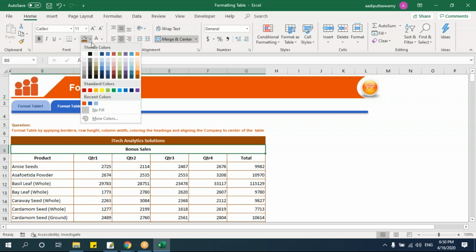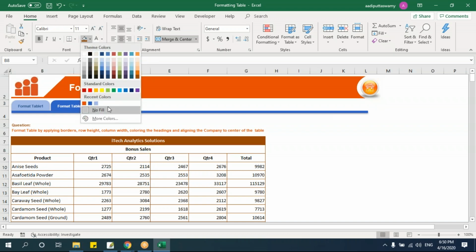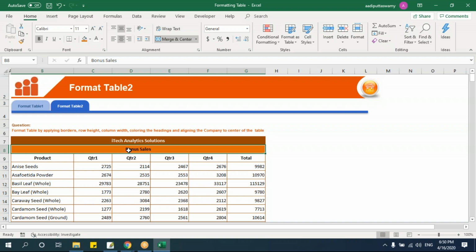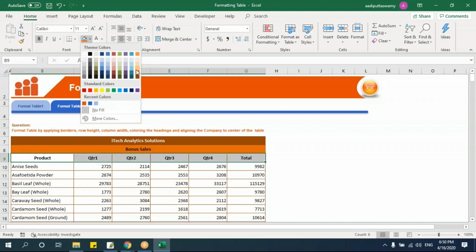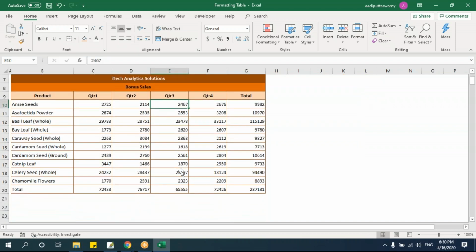Now don't go and give all these kinds of colors. See, it looks very shabby. Don't give colors as you wish. If I'm using these contrast colors, just try to use these colors only. I'll go here and select this, then select this within the same list. I'll select one more color like this. See, it looks good now.